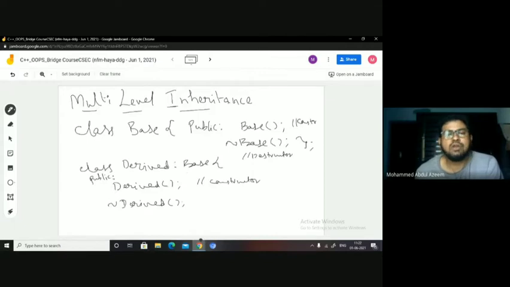Okay, got it. So this is how, when I want to inherit a base class at a derived class, the procedure is colon followed by visibility mode followed by the class. If I do not mention the visibility mode, default is private. So this base class is inherited privately here. Fine, that's good. But then here I have in the base class a default constructor. Then if I have a default constructor, I must have a default constructor in the derived class. And this default constructor of the derived class, when you are defining, fine.